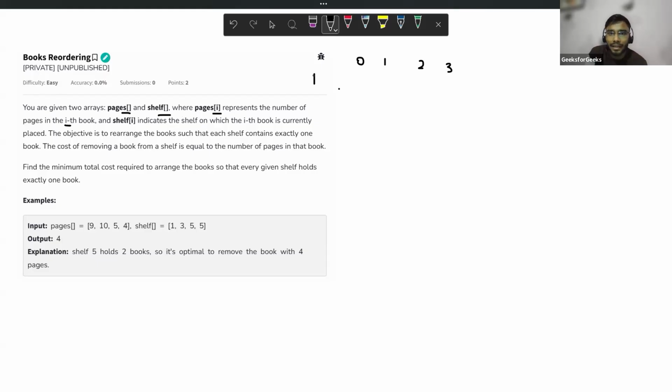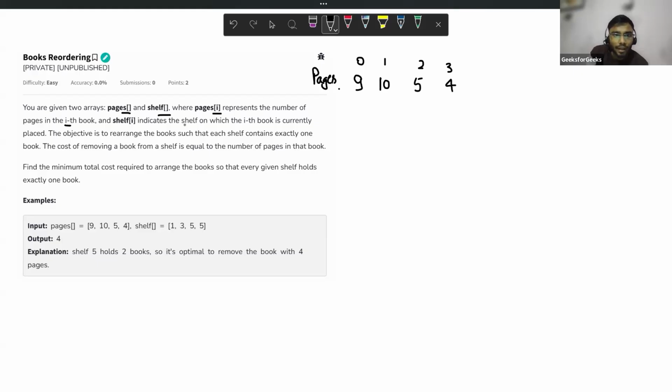Pages of i represents the number of pages in that book. According to this example, the zeroth book has 9 pages, the first book has 10, the second book has 5, and the third book has 4.